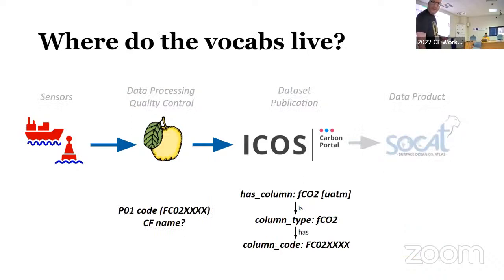For my own bit of the software, nothing really goes outside, so I could just put a standard P01 code into my database, and that will be good enough for me to track it. FCO2 XXXX is what the P01 code is. For the data center I mostly work with,